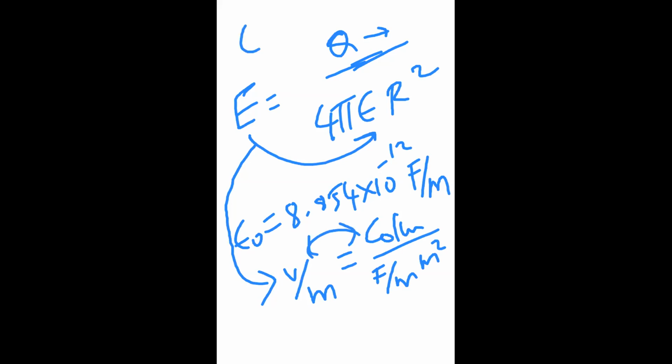Then what is the unit of epsilon r? Epsilon r has no unit. It is just a relative parameter: how easily your new medium is allowing the electric field as compared to the air medium. It is a relative parameter, so epsilon r will not have any unit. So you try to prove this unit.